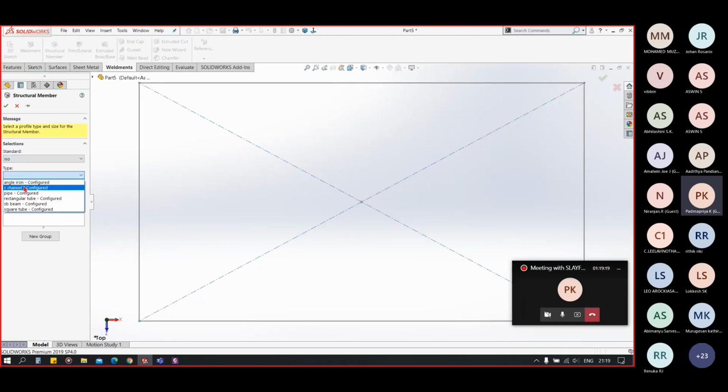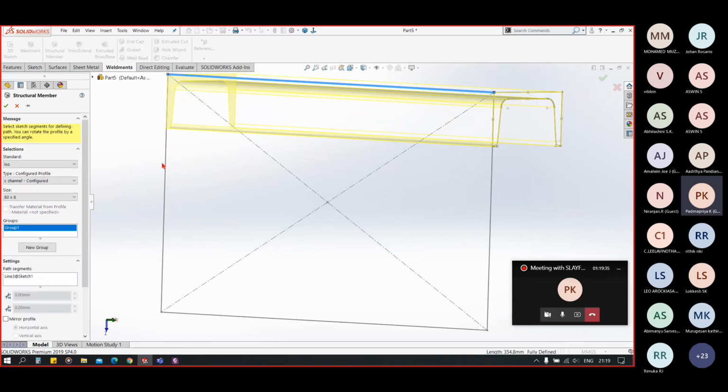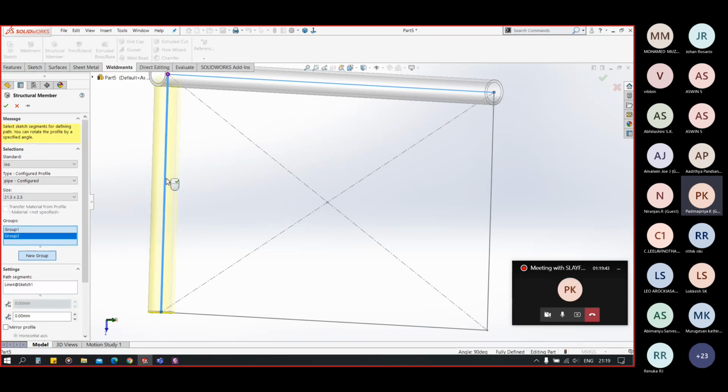So you can see I will use, let's say, C channel for this edge. Pipe for this edge.